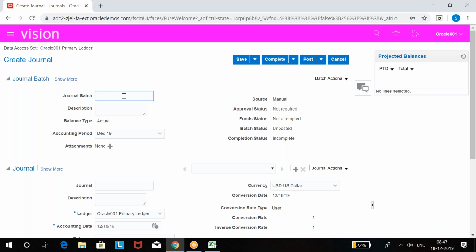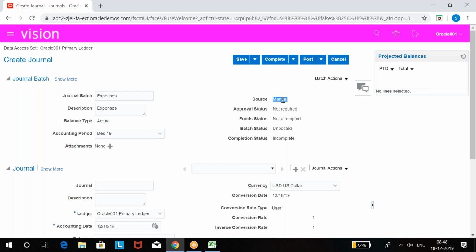Batch name, let's say expenses batch. I'll copy the same. Expenses. We have two types of journals, actual and budget. Actual is normally whatever transactions they do, they post. Budget journals are estimated funds journals, when a company reserves that amount to use in future. So we'll look into budget journals later. And we are creating journals for the December period. If you want to do it for a different period, you can change it.